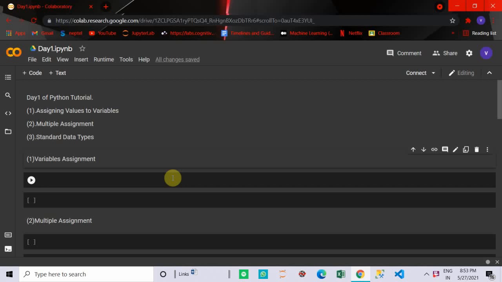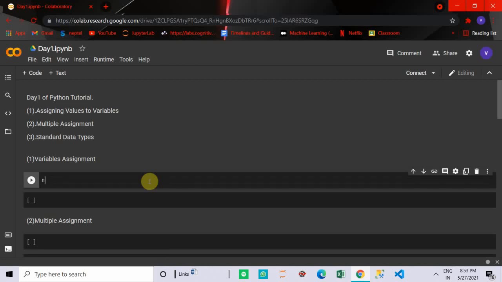Okay, so basically first is about variables. Variables are nothing but reserved memory locations to store values. Basically, variables are the containers that contain our values. So this means that when you create a variable, you reserve some space in the memory, like name.